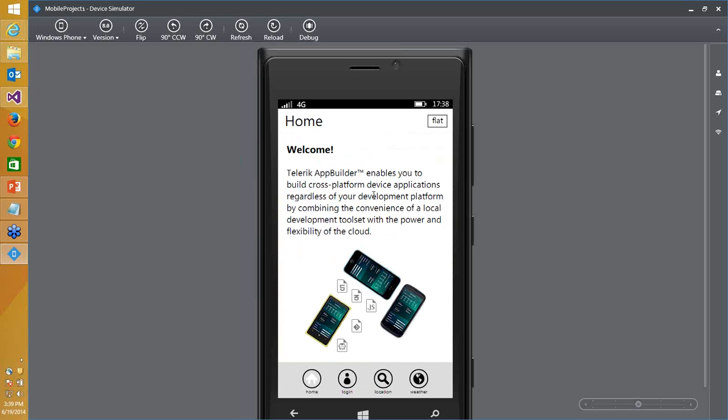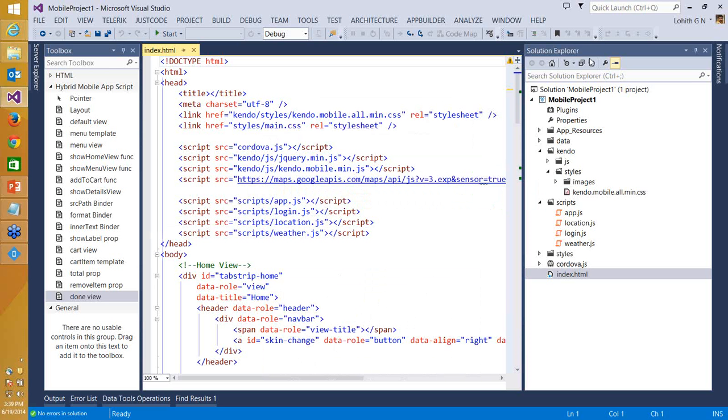It says Telerik App Builder enables you to build cross-platform device applications regardless of your development platform by combining the convenience of local development toolset with the power and flexibility of the cloud. So basically, it's the same code. So how is the code? If you see here,